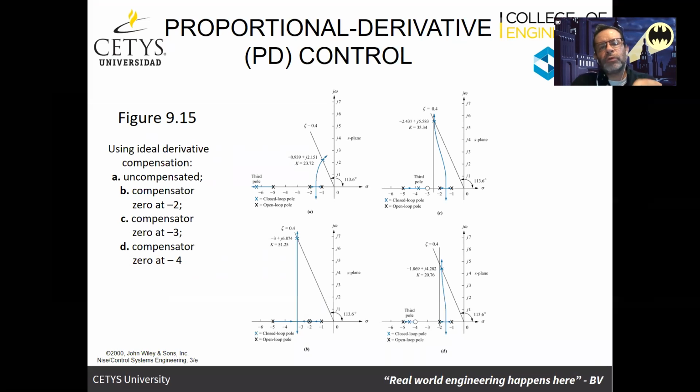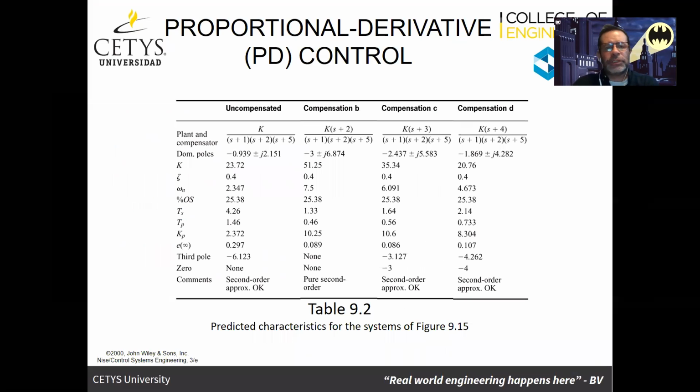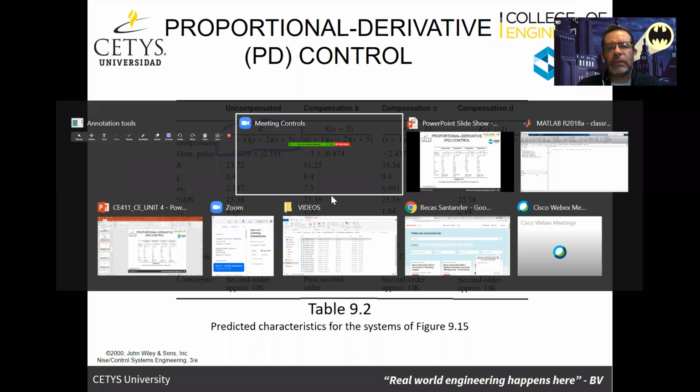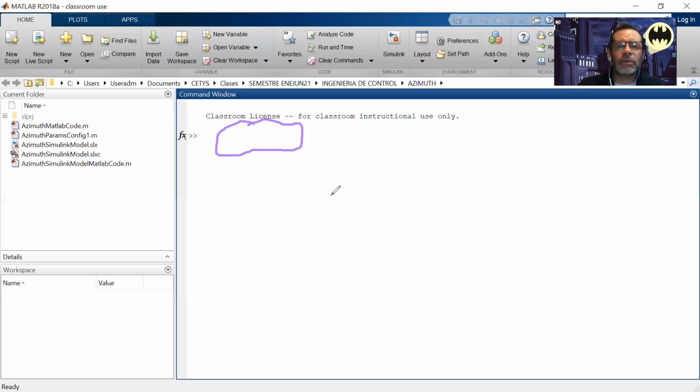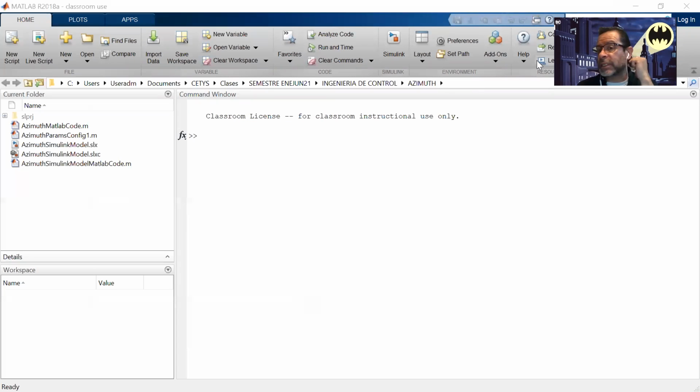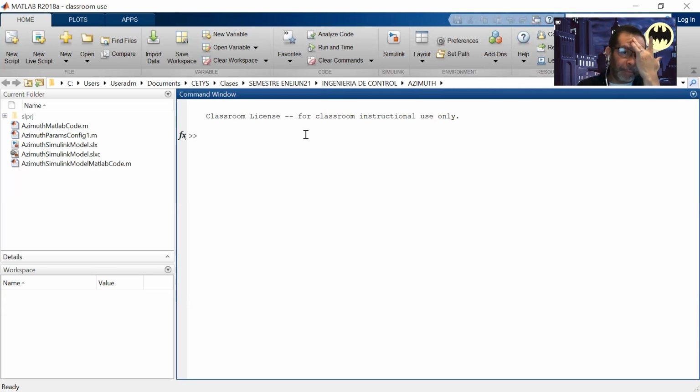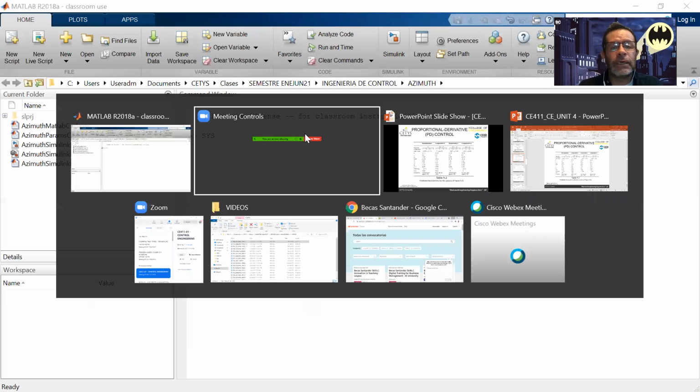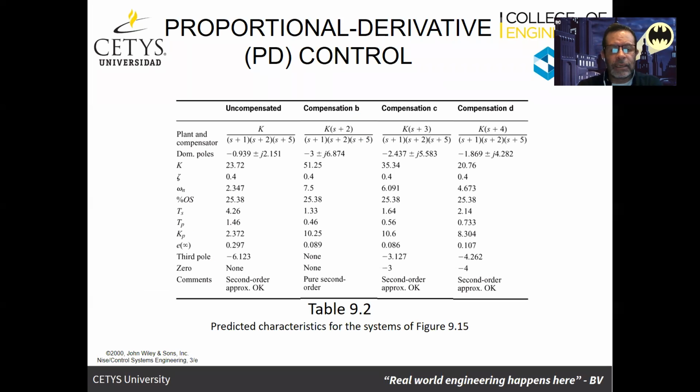I'm gonna do the root locus for the uncompensated system, which is this one here, the first one. And remember that the idea is for you to be able to practice this in Matlab as well. Lab exercise 3 has to do with you applying the root locus and doing this. And we're gonna be doing another lab exercise for this topic also. So I'm gonna say sys